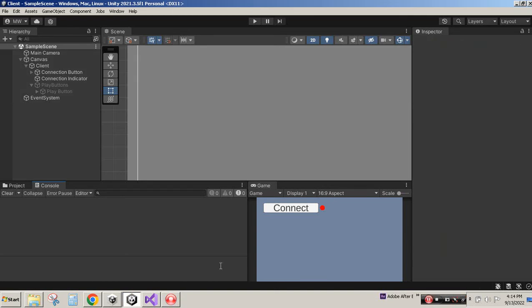This tutorial is to make a connection between Unity and CasparCG, so we can create a front-end client in Unity and have it talk to our CasparCG server. I pre-set up a very simple scene here where we have